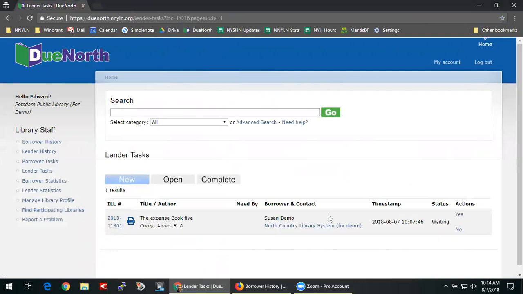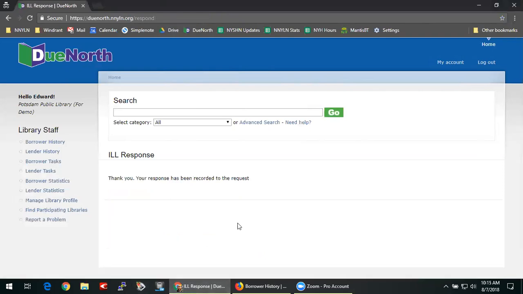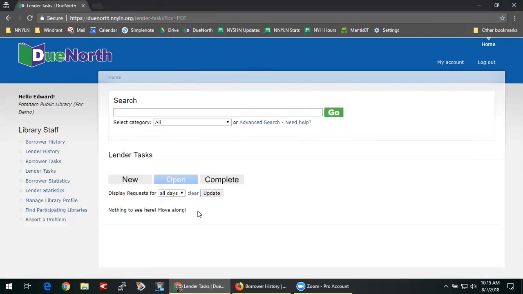So in this particular little demonstration, since this is the lender, we are still in the lender side, I'm going to go ahead and say yes, I'm going to lend this book. So I'm leaving a note, and this is, by the way, a public note. So let's go back to lender tasks again. You'll notice when I go back to lender tasks, there's no longer a new. The flames are gone because you've put out the fire, it's moved on. But now if you go to open,